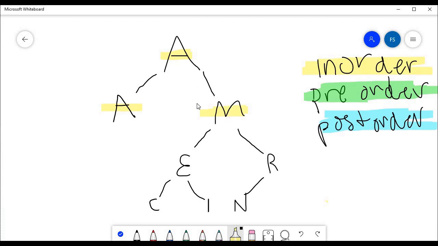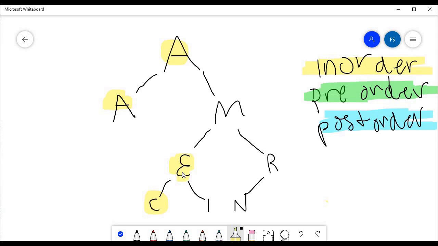The way we would traverse through this tree in order is left node, then root, then right node. Except this node has children nodes of its own. So we're going to go A, because that's the left, then another A, because that's the root. But now we're not going to go straight to M. We're going to go to the leftmost node, which is now C. So the way we would traverse is A,